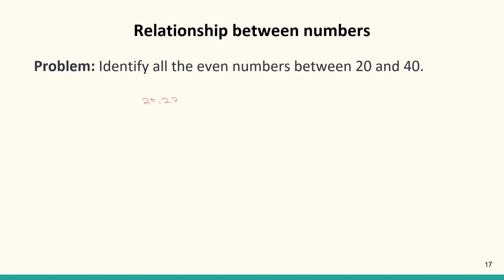After 20: 22, 24, 26, 28, 30, 32, 34, 36, 38, and then hooray, we got 40. 1, 2, 3, 4, 5, 6, 7, 8, 9. So we have 9 even numbers